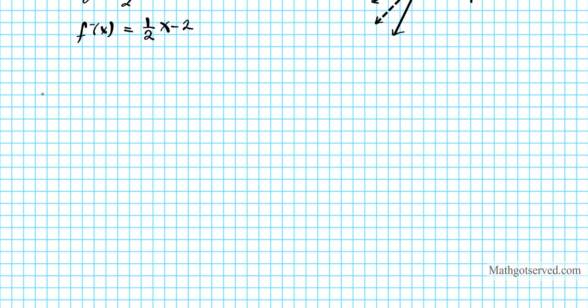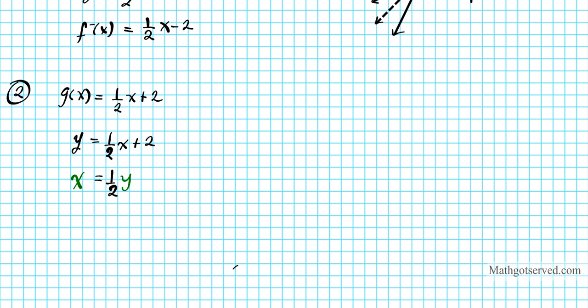For question 2, we have the function g of x equals 1/2 x plus 2. The first thing we're going to do is write it in a way that's mostly convenient. So I'm going to replace this g of x with y. So y equals 1/2 x plus 2. Now I'm going to switch the x's and the y's so I can look for my new y, which is your input. So if I switch it, this y becomes an x equals 1/2, and then this x becomes a y